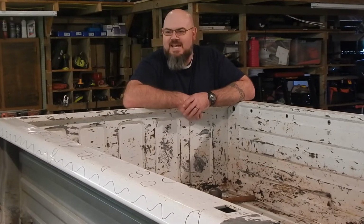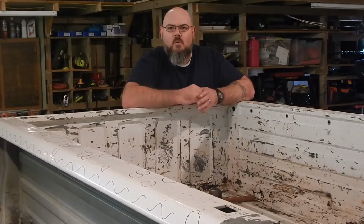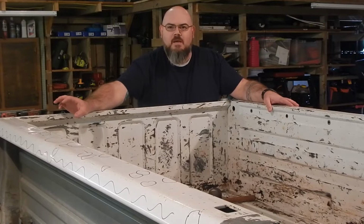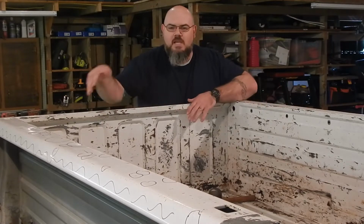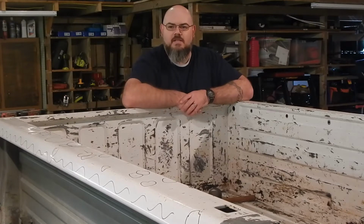But anyways, guys, today we're going to get more into the bodywork stuff. We're going to deal with the top rails of these pickup beds. We got a lot of damage. You can see I've already scribbled out down the sides and up the sides of the rails and everything, and I'll show you a little more in detail here in a minute. I've gone ahead and marked out all my dents,